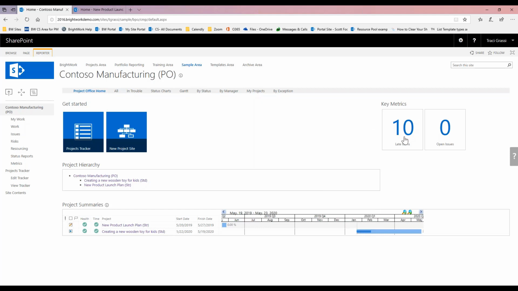And right now I have 10 late items because I do have my Microsoft Project schedule that I set up that I have not set up completely. So it is showing me those late items. One of the